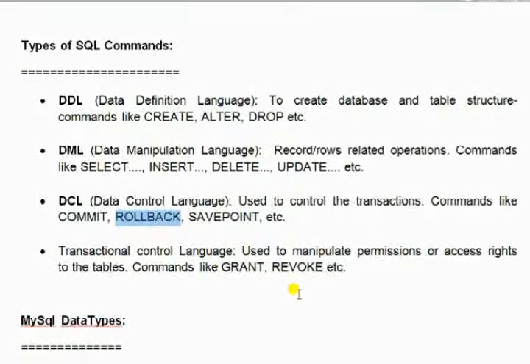I will explain when we will apply these commands. That is called a savepoint. In a big transaction, in a series of transactions, if you want to point out some place, that is called the savepoint. Savepoint A, so you can go back to savepoint A. This fixation of the point can be done by the savepoint command.